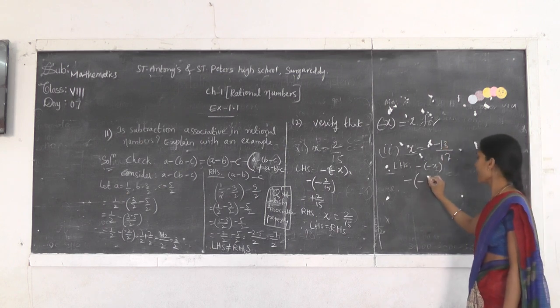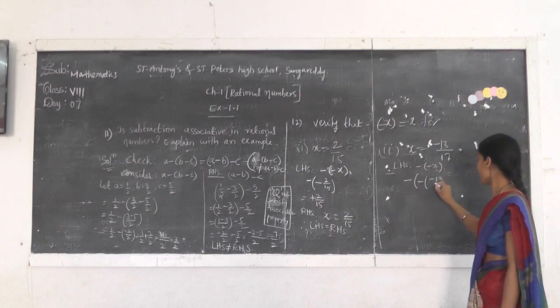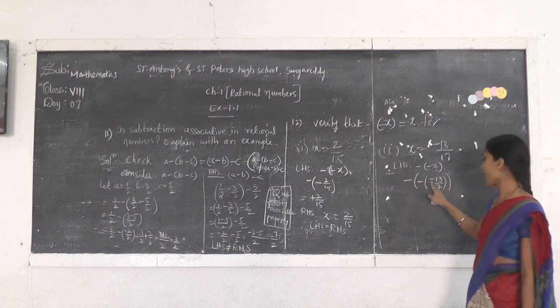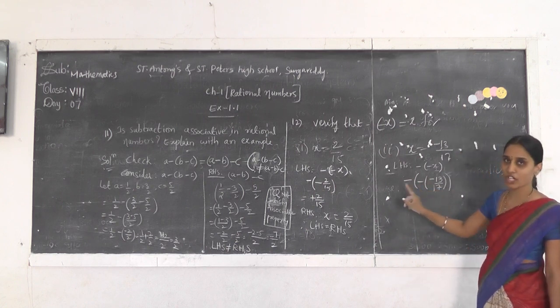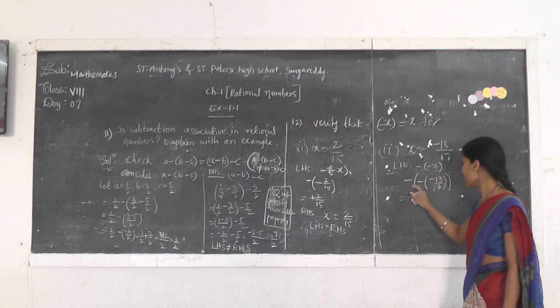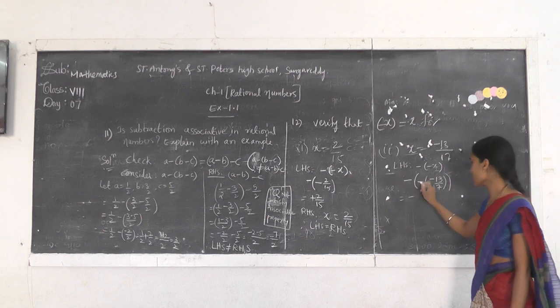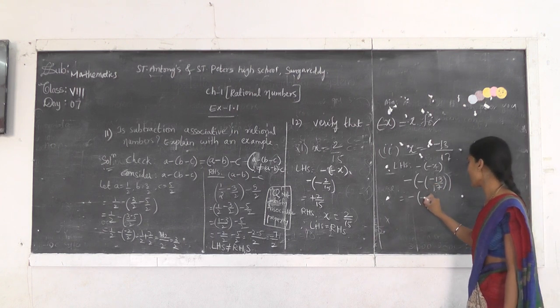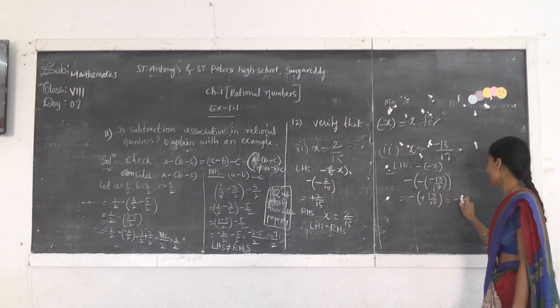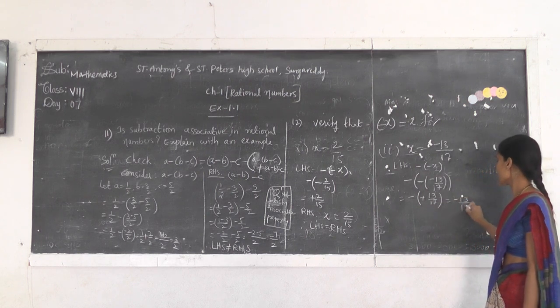Question in the minus. So minus 13 by 7. I am just replacing the place of x. Now here we have two brackets. We have to remove them first. First open this bracket. So minus, this minus you will write as it is. Open this bracket: minus into minus will become plus 13 by 7. Now open this bracket. It will become minus 13 by 17.